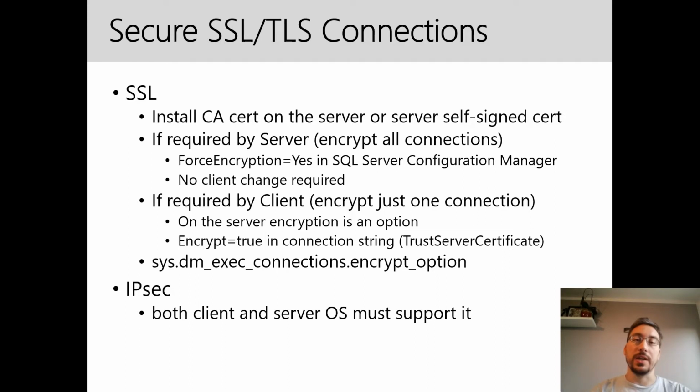So on the server, you have to say encryption is an option, and then in the connection string on the client, you have to say encrypt equals true. However, in this case, you have to take the public key of the server and install it on the client, right? So you have to install that public key on each client, and you have to trust that server certificate for communication, because in the first point that we talked about, if it's required by the server, so if it encrypts all connections, the server says, okay, I have to have all connections encrypted, so here's my public key, and basically it sends the public key to the client,